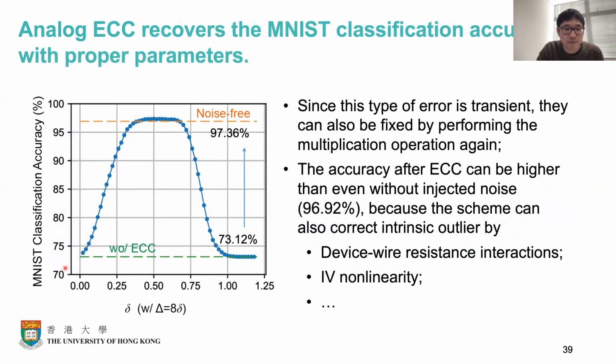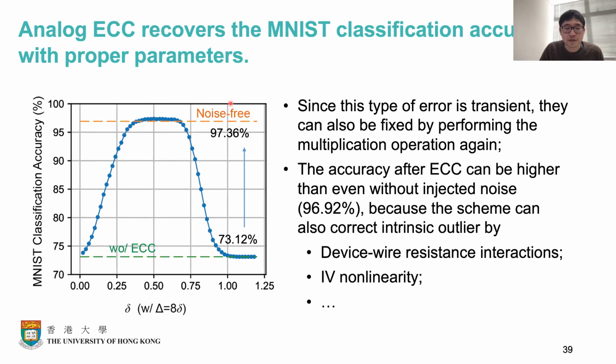the effectiveness can be demonstrated in this convolutional neural network. As we can see from this data, with some injected noise, the accuracy dropped to about 73%, which is pretty bad, and it makes the neural network not usable at all. But with the analog ECC, it can be recovered to 97.36%, which is even higher than the noise-free